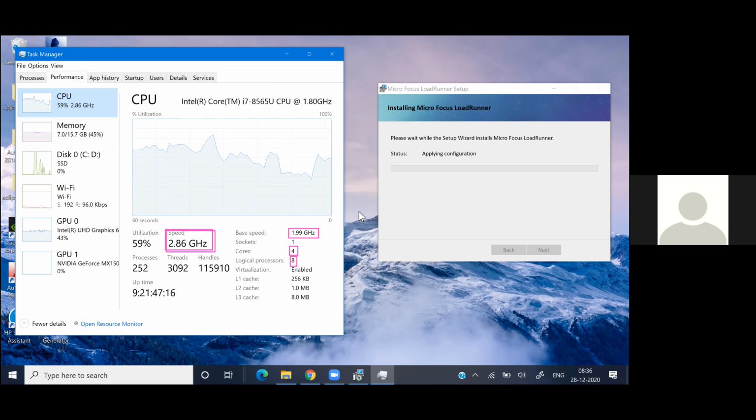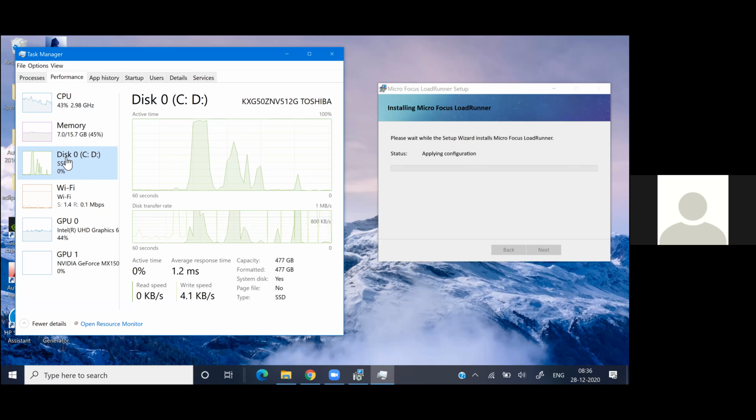Also here, can you click on the disk? Let me clear these drawings. Can you click on the disk? Yeah. So your disk is SSD of size, is it 1 TB? No, sir. I think 500. It is 512 GB. Yes, sir. Right, 512 GB. So here it is showing the capacity like 477 GB, right? Yes, sir.